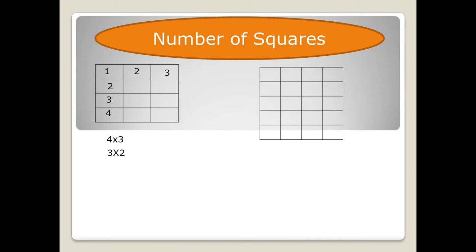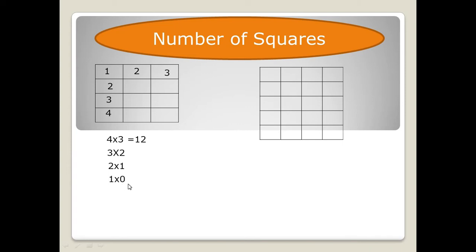In the next row we will write 1 less than 4, that is 3, and we multiply it by 2, and the third one decreases one more, that is 2 multiplied by 1, and the fourth ultimately will be 1 multiplied by 0, and we will count till this figure.